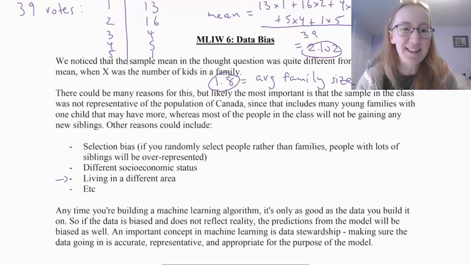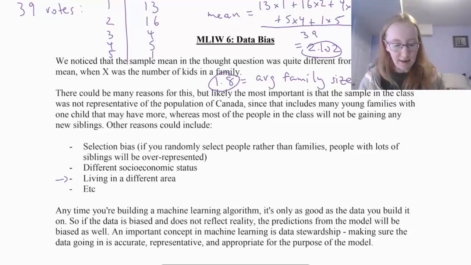And then that'll bias the average upwards. So selection bias is another really interesting thing. There's other sources of bias as well that I didn't include on here, but things like sampling bias,